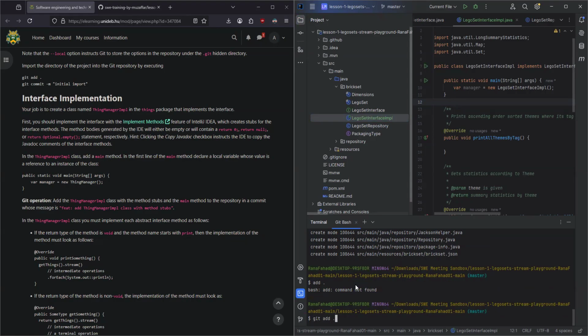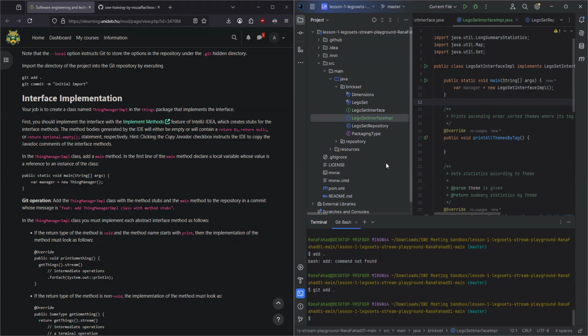Oh yeah, git add period. So this file has been added to the repository. Then you do the commit. So in a commit, whose message is this? So here's what you do. Git commit -m